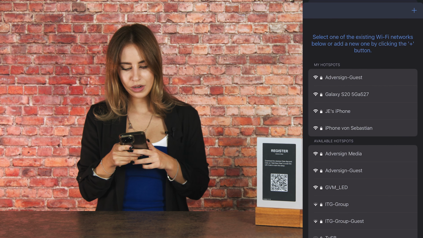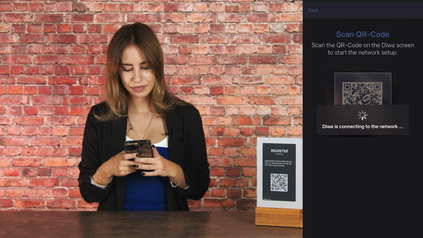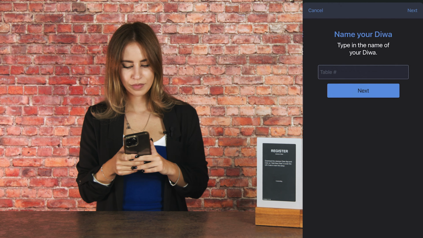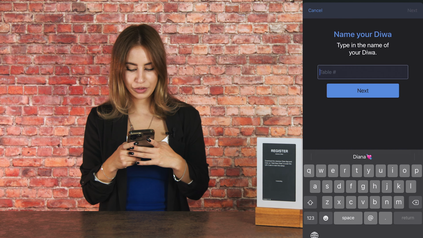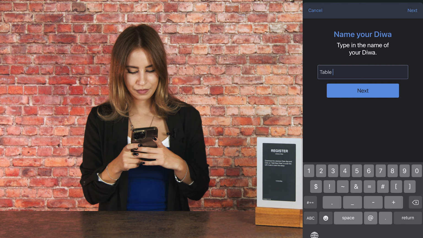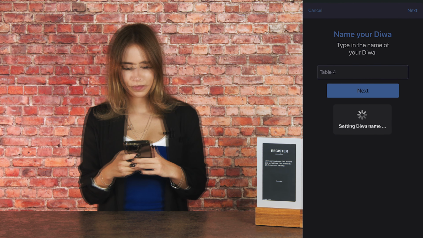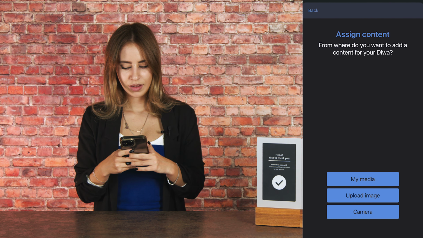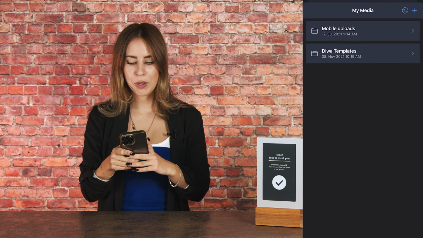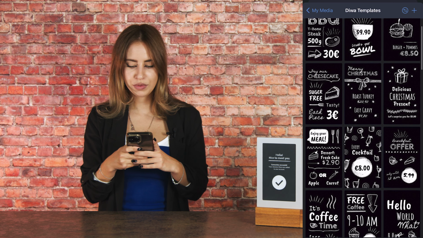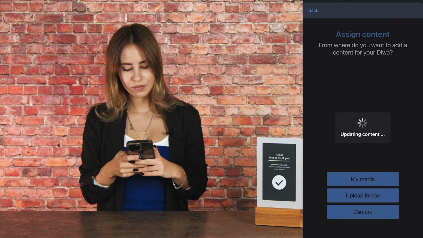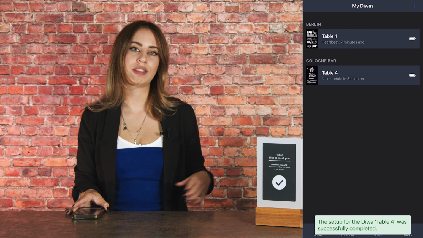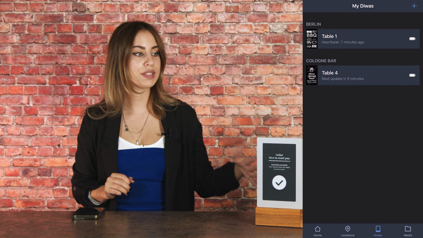Select your network. Now you need to enter the name of your Diva. For example, this one will be Table 4. Now select the template that you want. We will go to Diva templates, already pre-built ones, and we will select this one, for example. Now in a few minutes, this Diva will show the content that you selected,